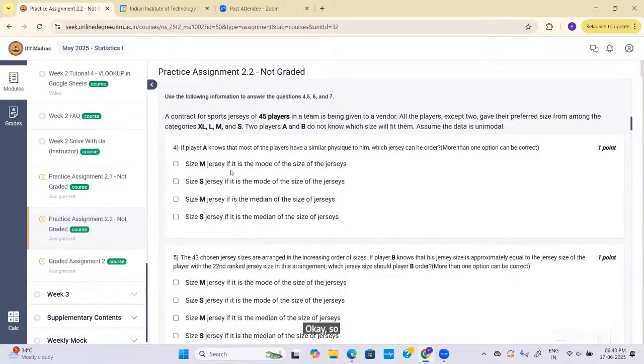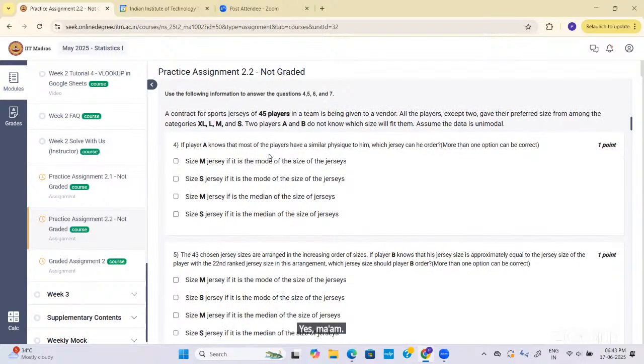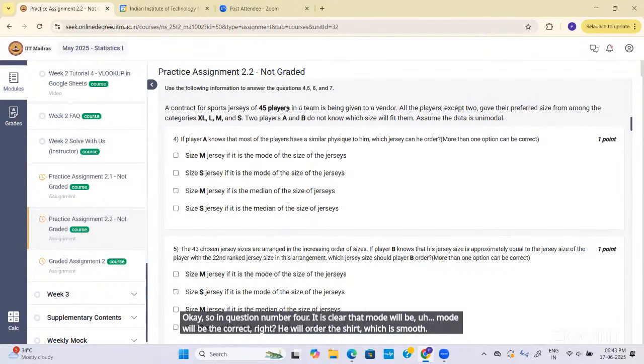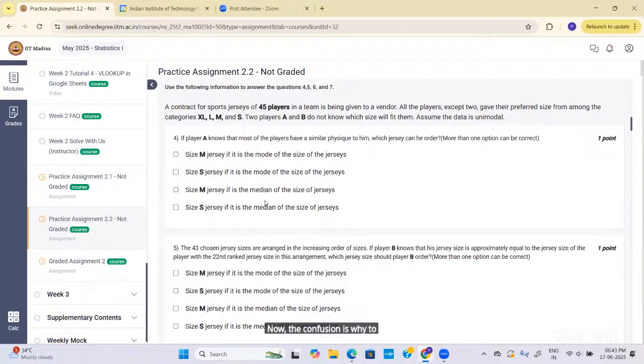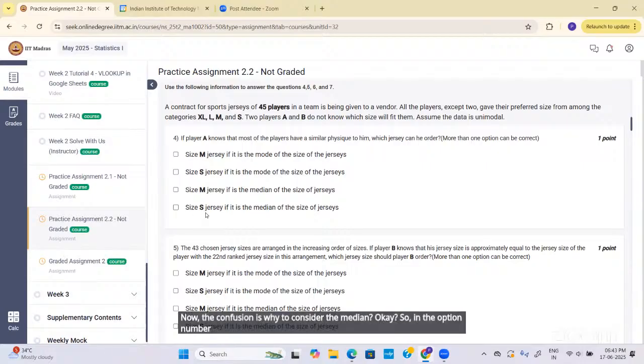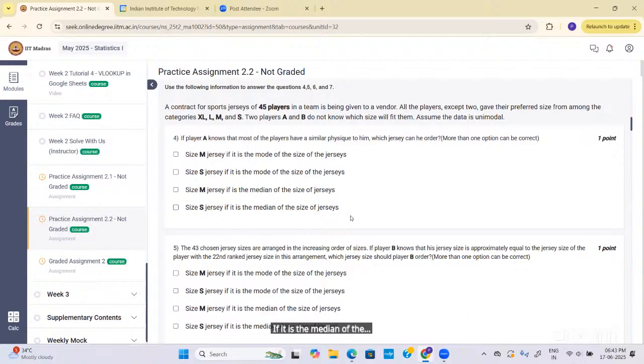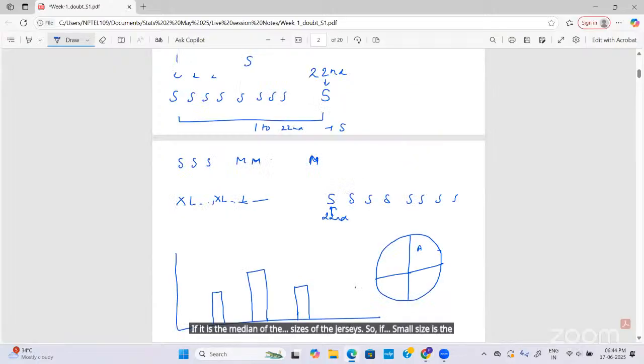Okay, so in question number 4, it is clear that mode will be the correct one, right? Yes, ma'am. The order will be for the shirt, which is the mode. Now the confusion is why to consider the median. In option number C and option number D, you can see the size S jersey, if it is the median of the sizes of the jerseys. So if small size is the median, in that case,